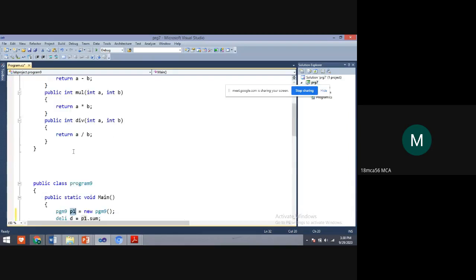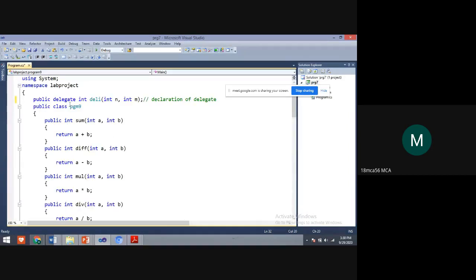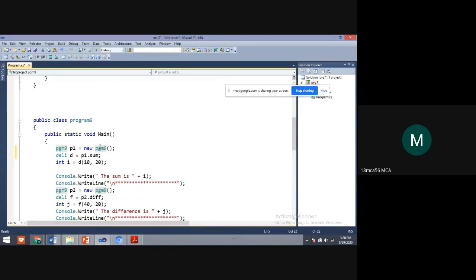This P1 is an object of this class, and D is an object of this. What is this DELI?